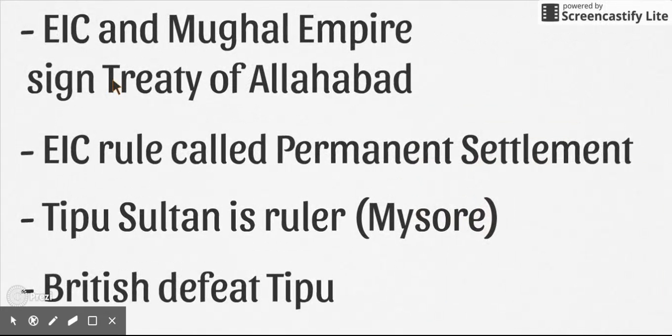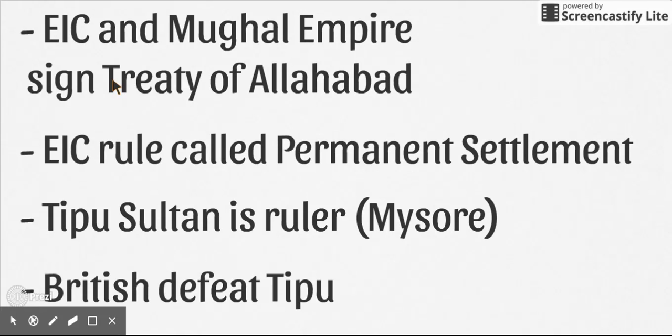The Treaty of Allahabad was signed in 1765. This agreement meant that the territories of Bengal, Bihar, and Orissa were to be handed over to the EIC. The EIC now had the right to collect revenue and govern the entire region. EIC's rule, being called the permanent settlement, lasted up until the independence of India. The name was brought upon by General Cornwallis, and under the permanent settlement, the EIC created the land revenue system.